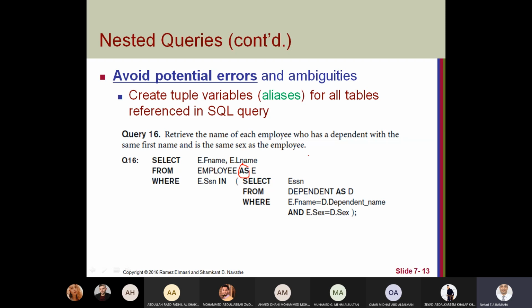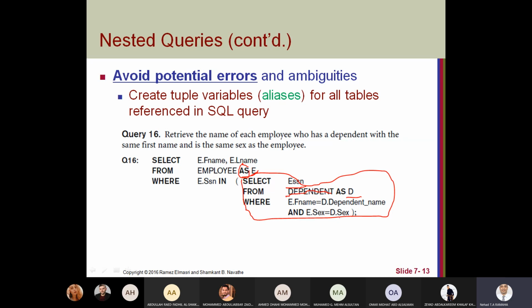Okay, so we can write the query like this: return the employee number from dependent. Employee number for dependent is ESSN as D. Why as D and this employee as E?